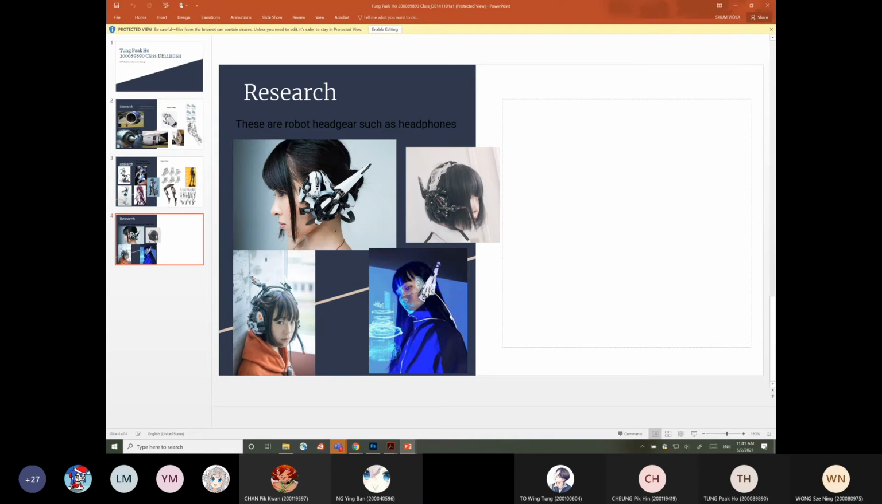So you can see a lot of cables connected from this kind of ear to the body,